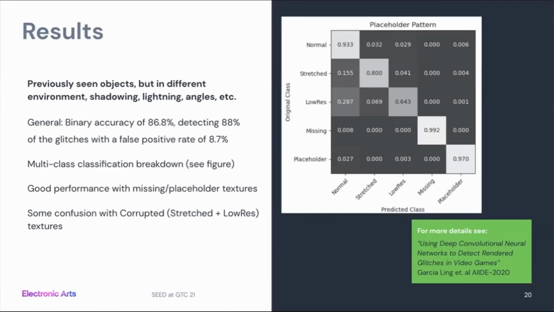But it shows very promising results on finding very visual bugs like missing and placeholder textures. And that's also really good, because these models are really good at detecting what human players also see easily, which means they can pick out the most obvious errors in the image and leave those that are not really visible anyway to human players.